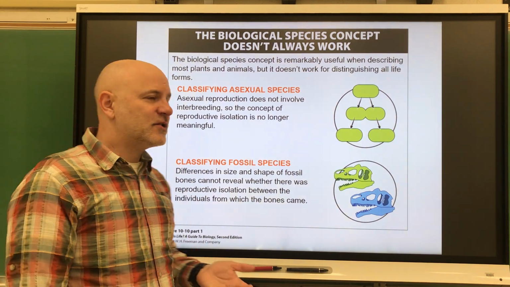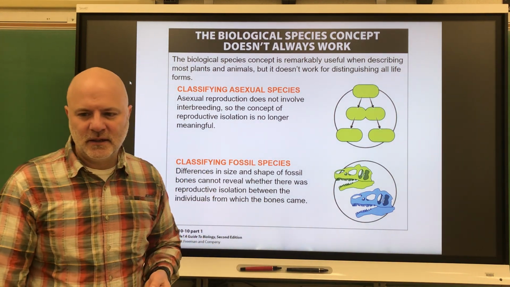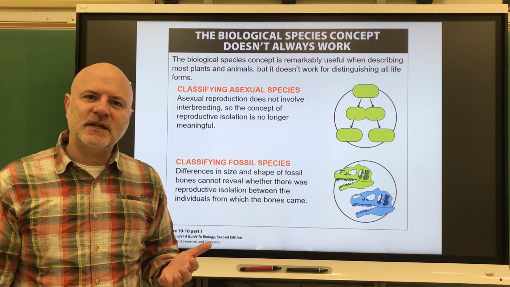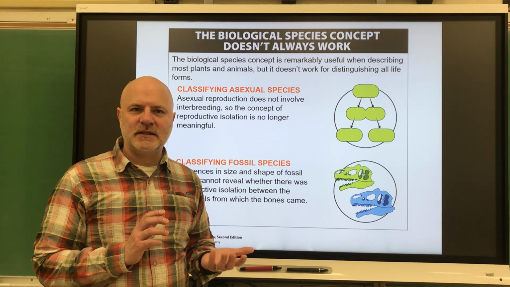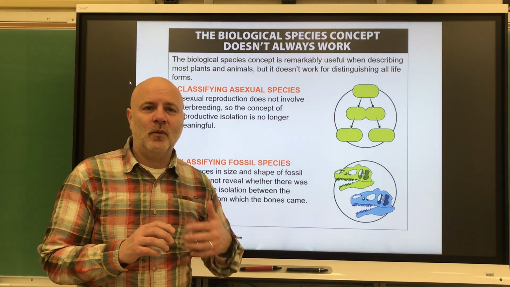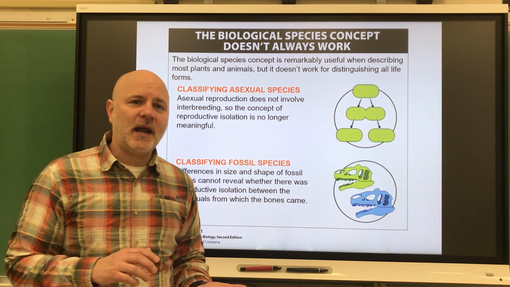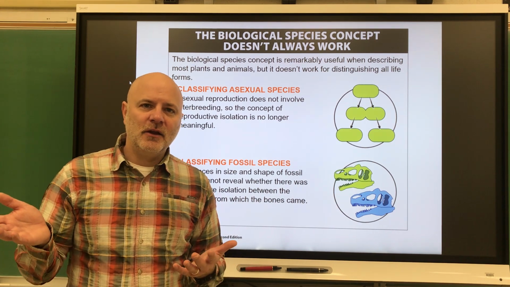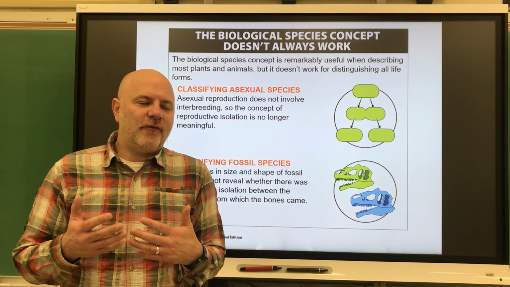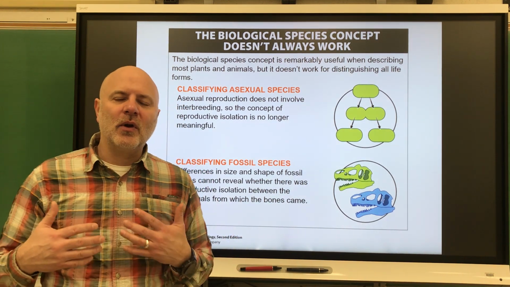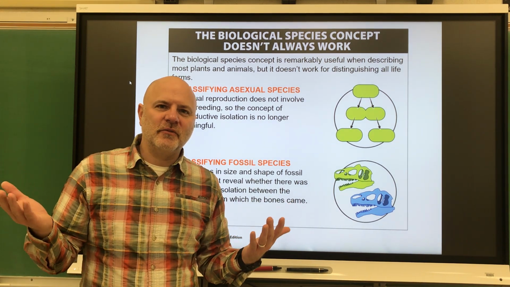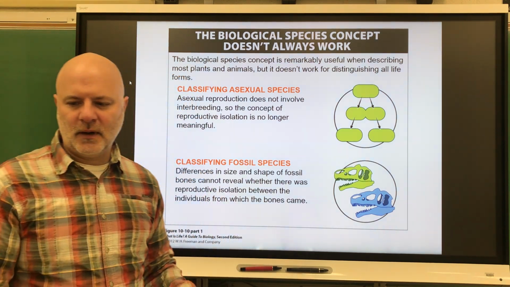All right. Next, it's hard to classify fossil species. All right. We just have bones or shells or hard parts, right? And it's hard to see if two organisms were reproductively isolated from each other. All right. So, one of the problems with that is, we all know today that a caterpillar and a butterfly are of the same group. The caterpillar becomes the butterfly, right? If all those kind of species died off before we were around, and we just had fossils of caterpillars and butterflies, we would probably assume that they were different species from each other, all right?